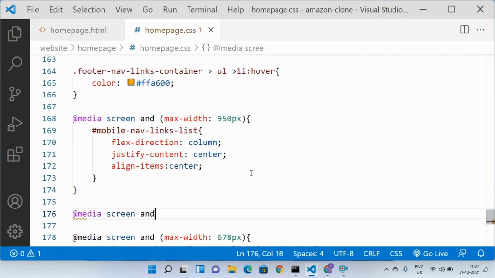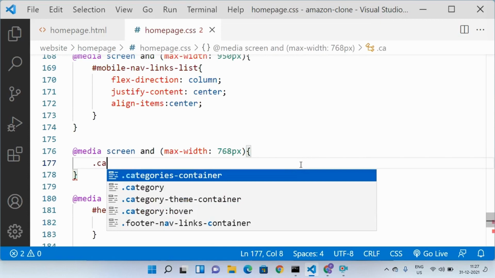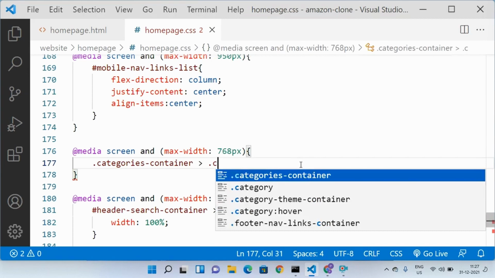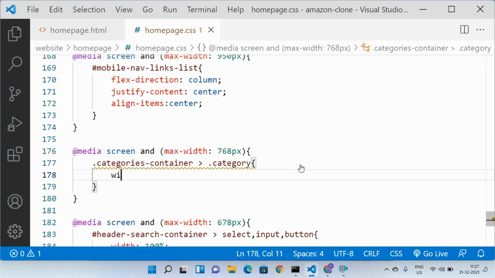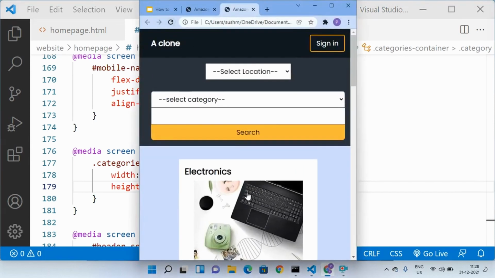Media screen and max width 768 pixel. So when the screen is below 768 pixel, we can make the width of the category div to be 350 pixel and height also to be 350 pixel. Now it is better.